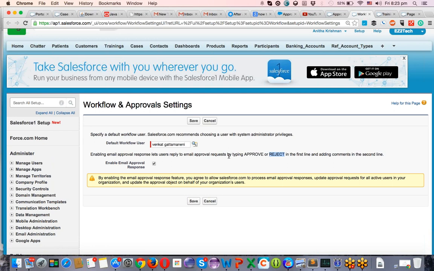Okay, you can go ahead with both the things. But the standard way these guys gave is to use only approve and reject. This is the very best option to use. And if I say approve in the first line and add comments in the second line, it will automatically put down the comments also for your approval request. Got it? So if you make any spelling mistake, it may not consider. It won't approve.